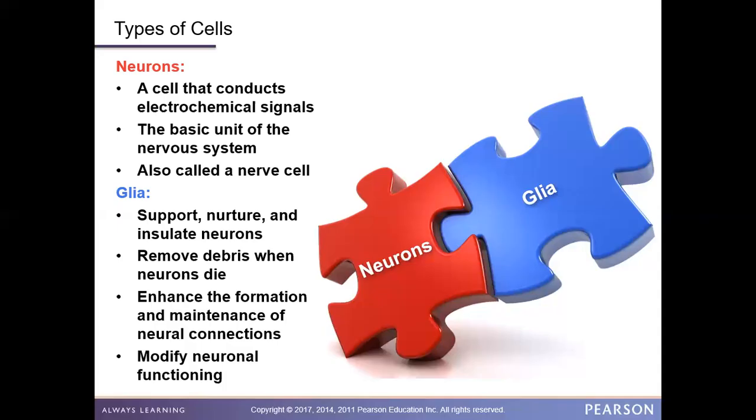Glia cells are also there to modify neuronal function. They can get neurons to do something different than what they've been doing, or to send different messages to other neurons. So, in review, know two things. Know about the neurons and know about the glia.